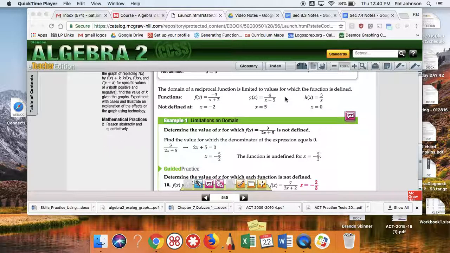So let's do example 1. So look at the limitations of the domain. We have to limit the domain. So